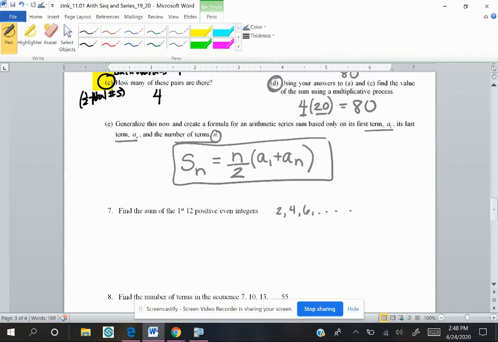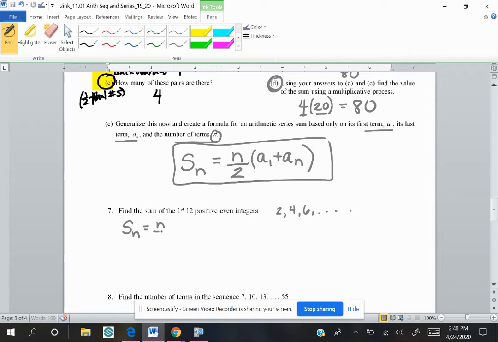Again, it's a small number. It would be very easy to write out the 12 and then add them together. And that's acceptable for you to do. But what if I ask you for the sum of the first 1,000 positive even integers? Now that's going to take us a lot longer to do. So we're going to use a formula. So if we're talking about the sum, we're going to use S sub n equals